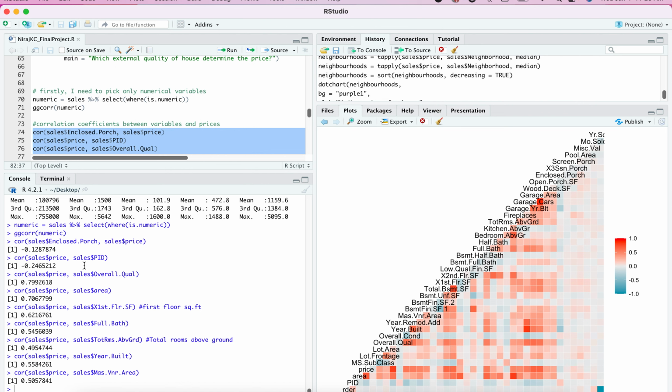So you can see that for PID also it is negatively correlated. For overall quality it is positively correlated. For the area it is positively correlated. First floor square feet also positively correlated, 0.6, right? It is highly correlated, right? So correlation